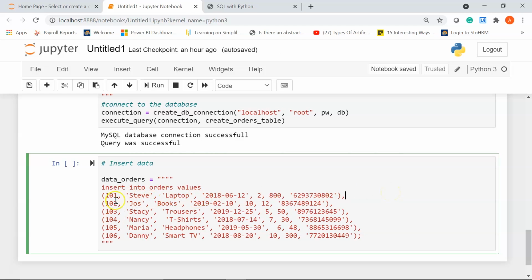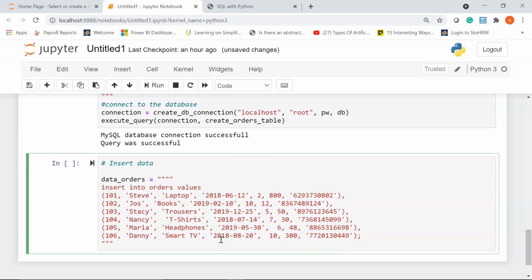Alright, so we have 6 customers in our table with customer IDs from 101 to 106. We have Steve, George, Stacy, Nancy, Maria and Danny. You have the different items they have purchased: laptop, books, trousers, t-shirts, headphones and smart TV. This is the date on which they ordered the item, the quantity they ordered, and then we have the unit price and some random phone numbers.